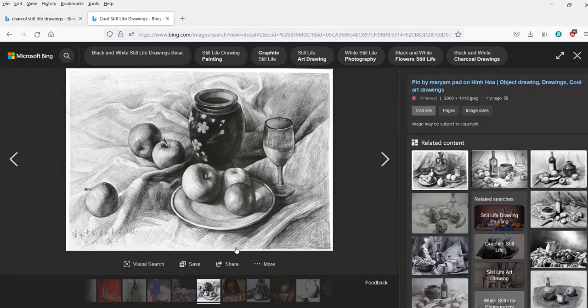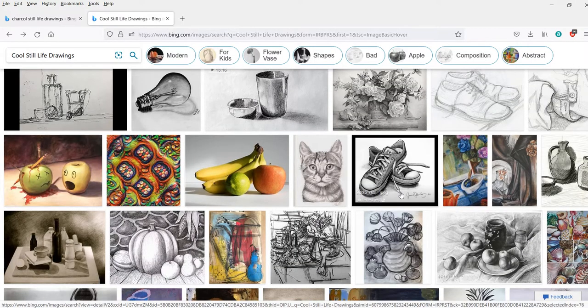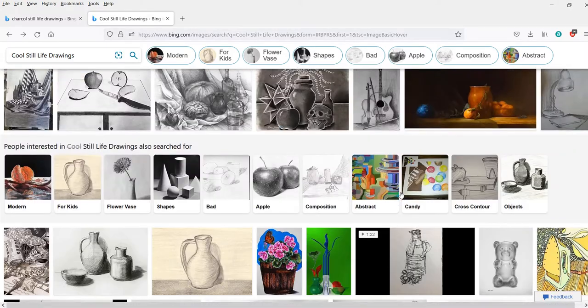I want smooth shading. This is okay because this is a really good drawing, but it's kind of scratchy. When you do scratchy shading like this, it creates a texture. Are the apples really scratchy like that? No, they're smooth, right? And I understand what they're doing here, but compare that with something that has smooth shading to it, like this one.